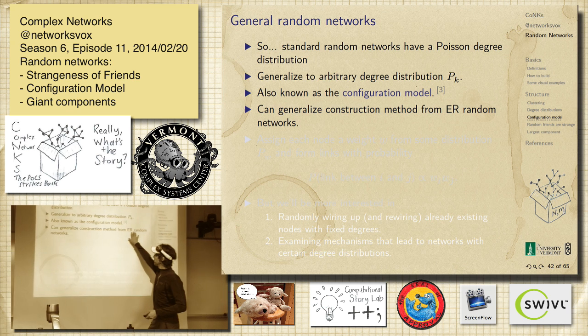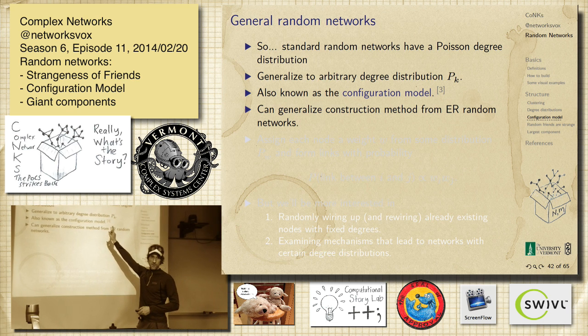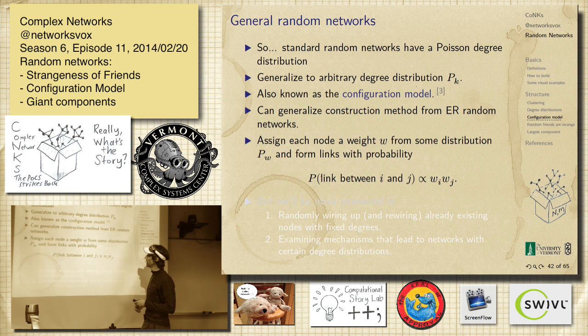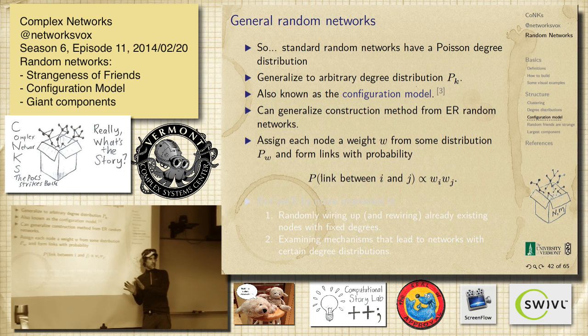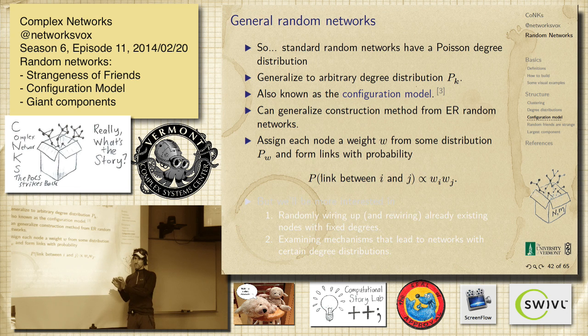Okay, so you can use the construction method that you have for the Erdős random networks, where there's a probability p of any two nodes connecting. People will say this is generative, but you have to be careful with that. This is a way of making a kind of network, but it's not a real mechanism. This is an artificial way of constructing things.